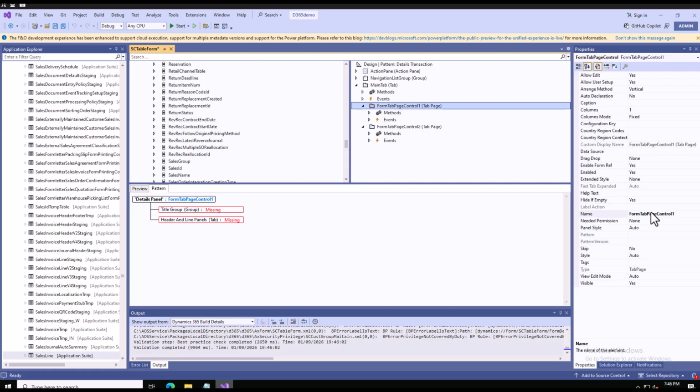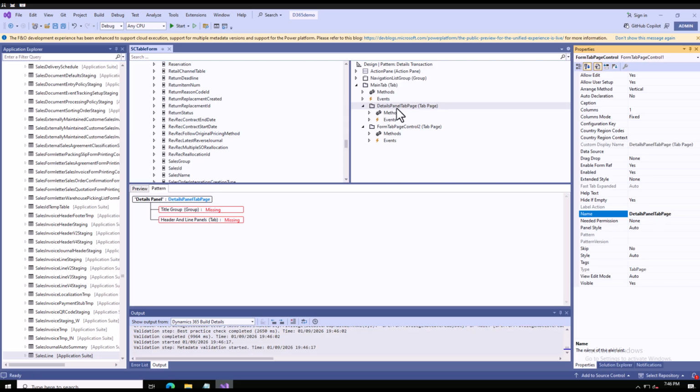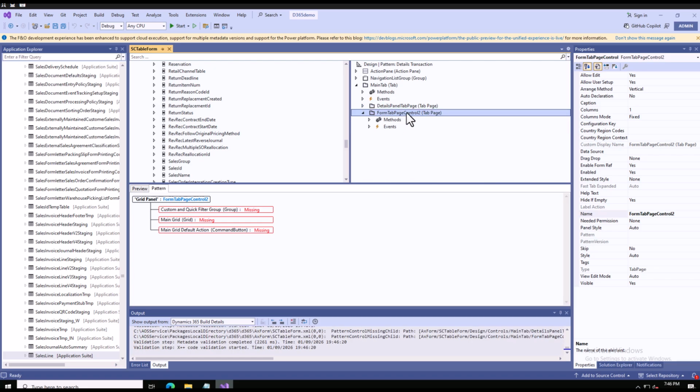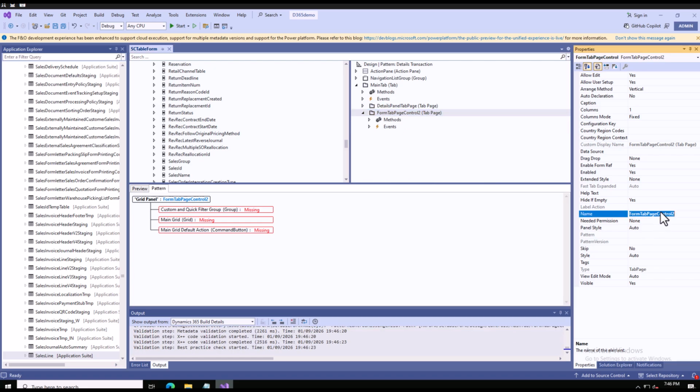You can give a name. So here you can say details panel tab page. And then you can give this one a name. So let's say this as grid panel tab page. And then again you need to create certain elements like your quick filter control, grid,